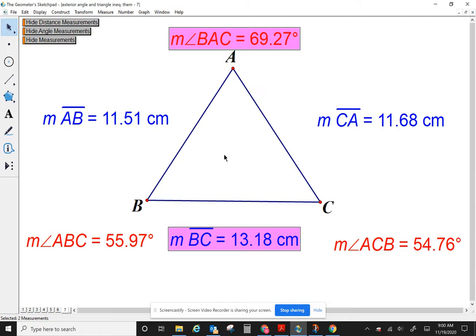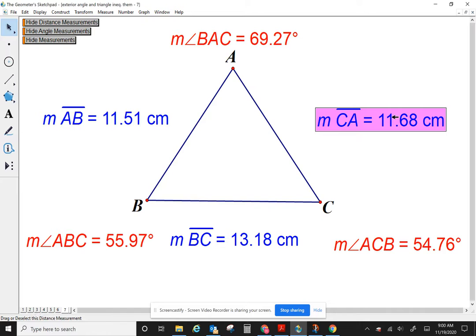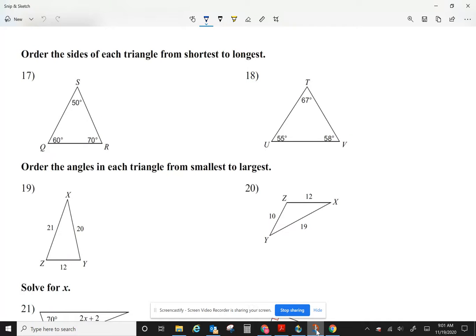Right? The smallest side is opposite from the smallest angle. The biggest side is opposite from the biggest angle. And as we can see, the medium side is opposite from the medium angle. Remember, geometry means opposite. So in the homework, it makes sense that I don't give you the measurements of the